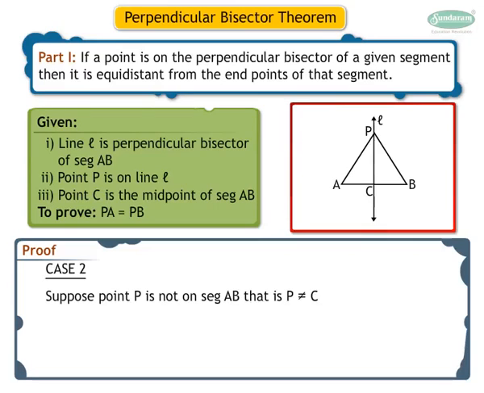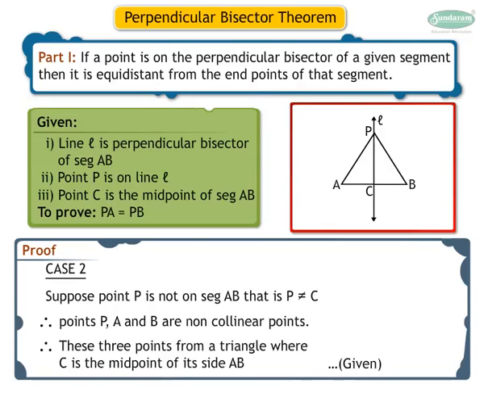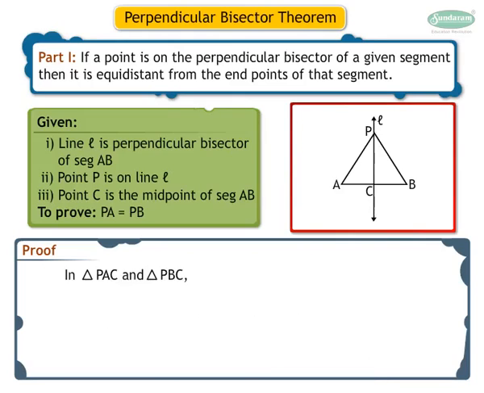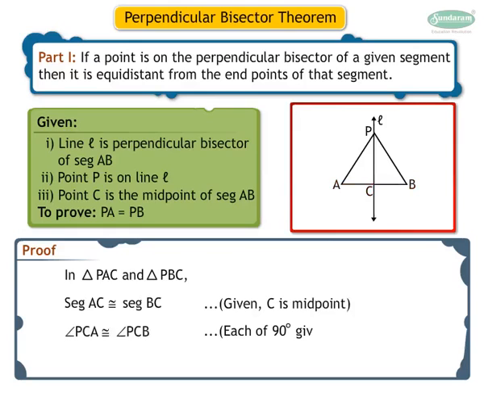Suppose point P is not on segment AB, that is, P is not equal to C. Therefore, points P, A and B are non-collinear points. Therefore, these 3 points form a triangle where C is the midpoint of its side AB. In triangle PAC and triangle PBC, as point C is the midpoint, segment AC is congruent to segment BC,